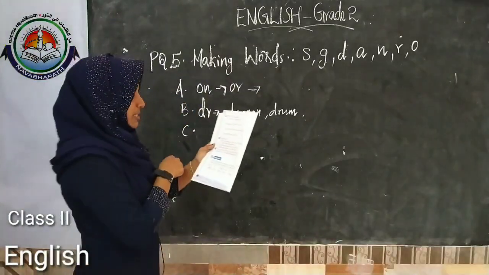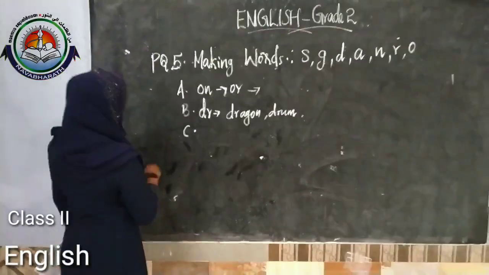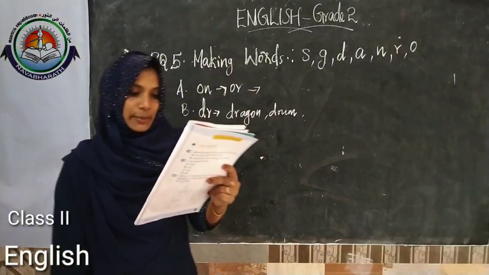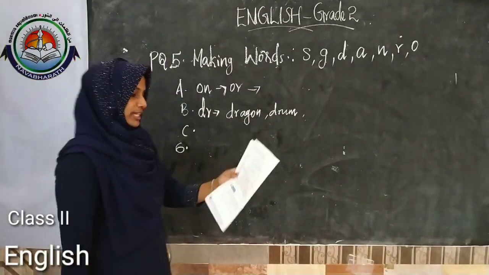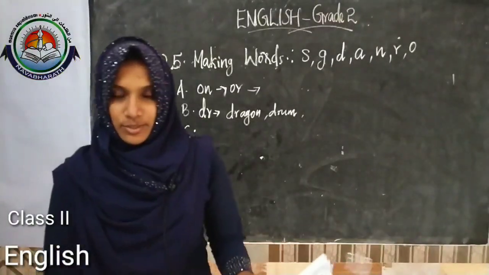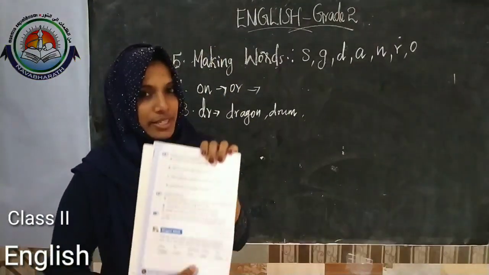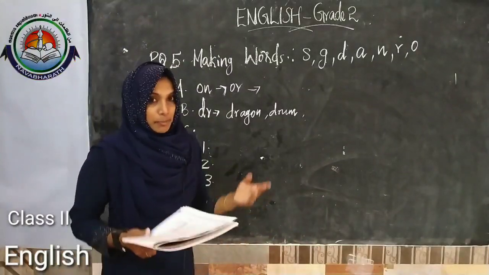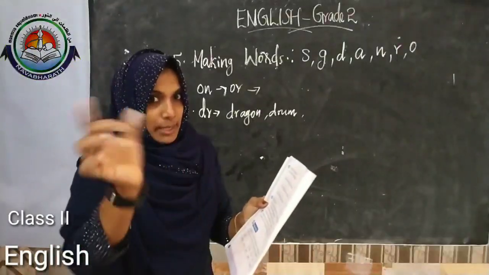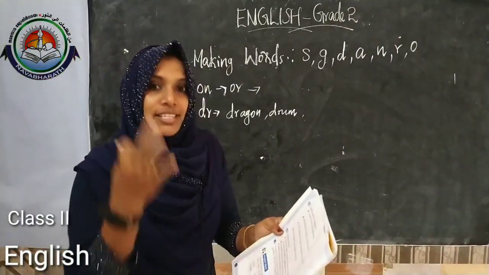PQ number 6. Imagine that you have found a magic lamp in your garden and think of 3 things that you would do with it. So it is about your wish, like in the first workbook question we did about the boy. They may wish for a biggest house, like that. So it is not about the boy, it depends upon your wish. You have to write 3 things.